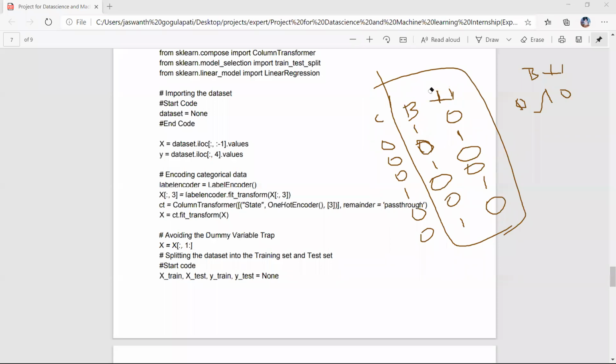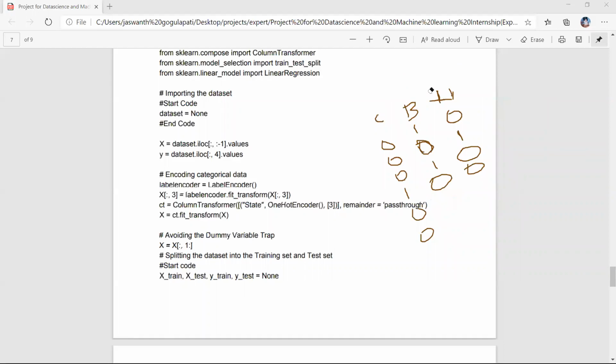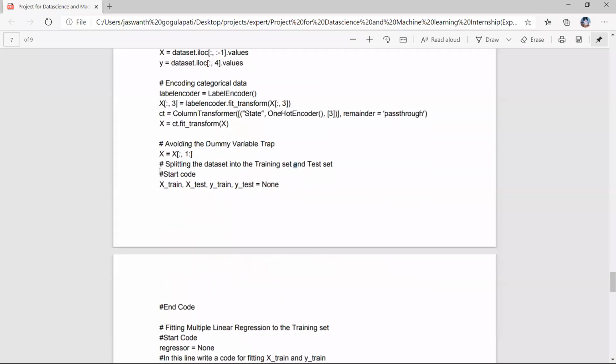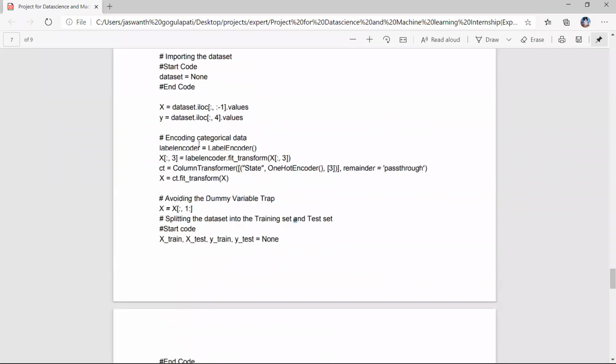So we avoid the dummy variable trap by taking only two columns, the columns which are B and H. Next, again, same steps in these also. After doing all these steps, which are called data pre-processing steps,